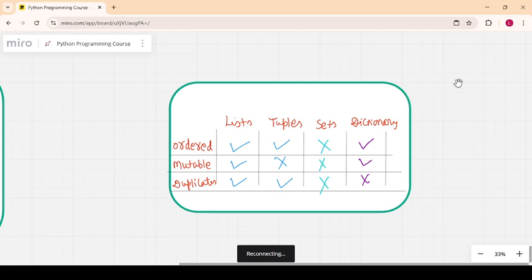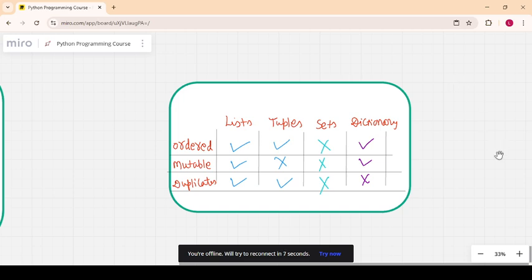You can have duplicate values, but keys cannot be duplicated. If you provide duplicate keys, only the last key will remain. These three properties are very important and fundamental. Please remember them because they will be very helpful when we build a project.